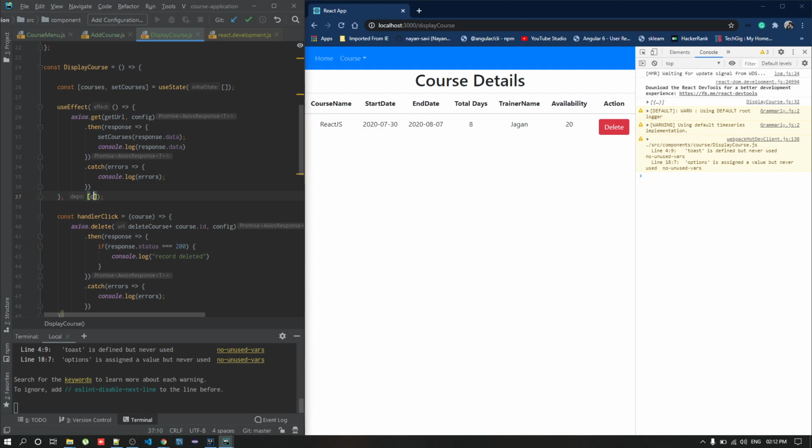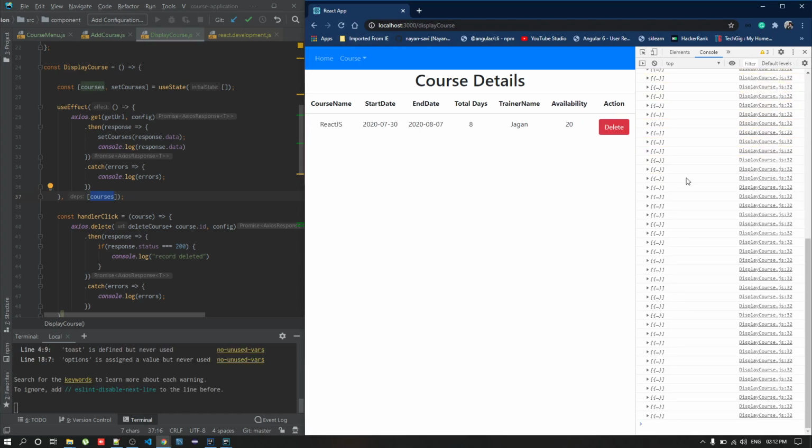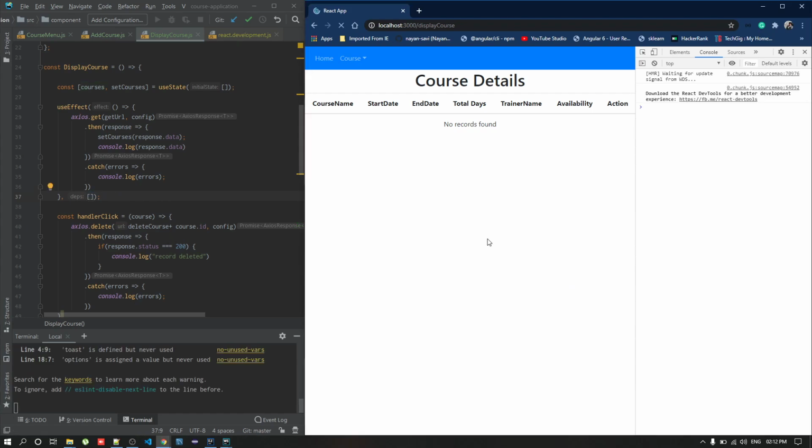Suppose if I add a course, this record is dependent on this course. We'll see what will happen. See, still it is creating. Suppose if you delete the record, the record is deleting, but still the empty arrays keep on fetching. In order to avoid this, I will not pass anything. I will keep it like that.